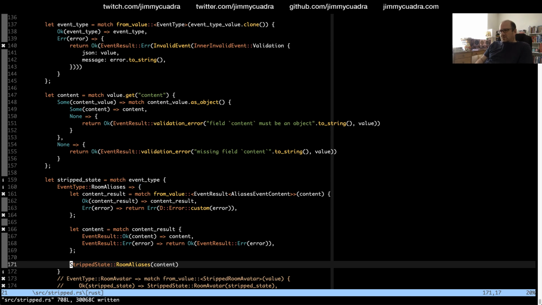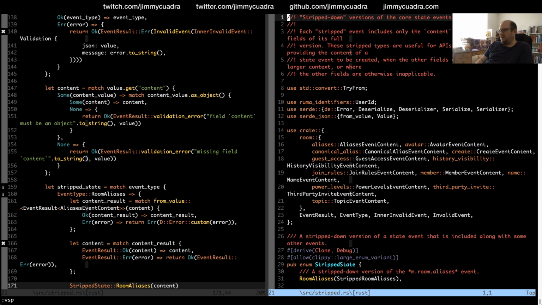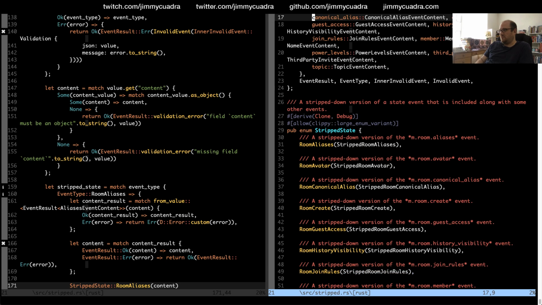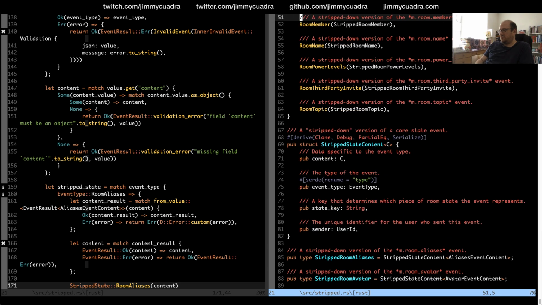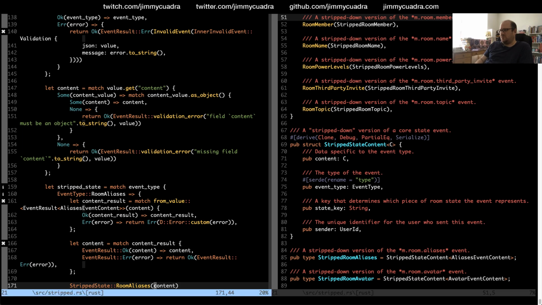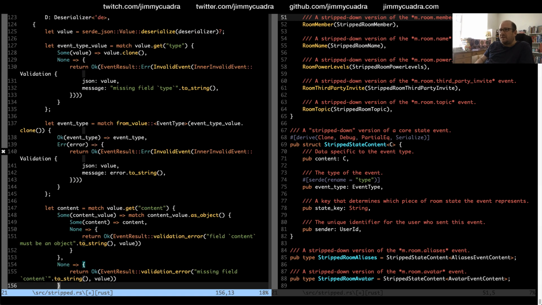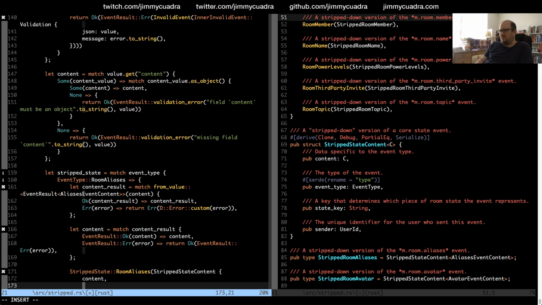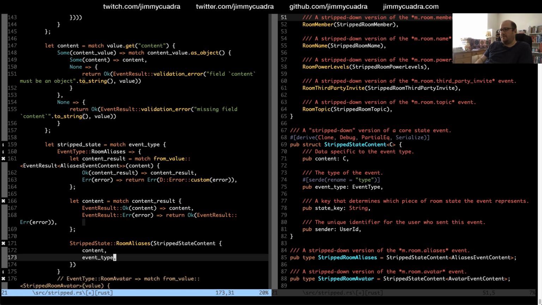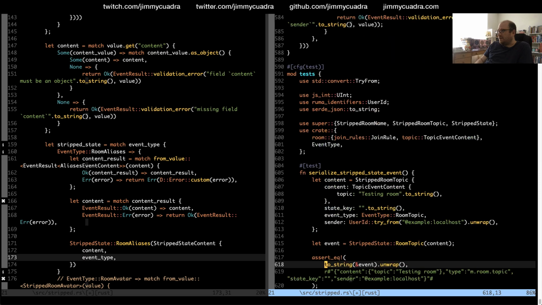And we need to create a StrippedState RoomAliases variant, which inside has the stripped state content. I've got the content field. I think we've got the event type. And then there's a state key and sender, which is what that other stuff down here was.